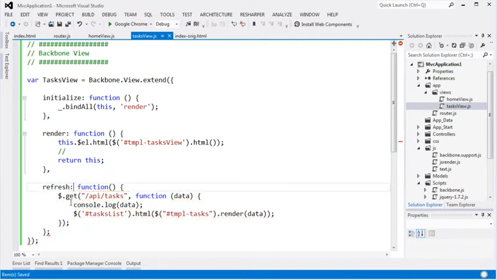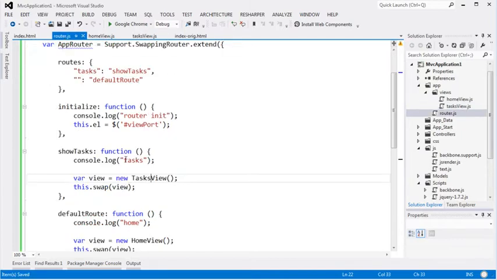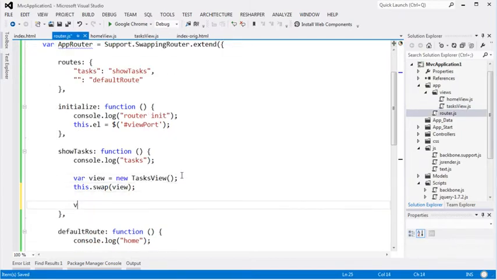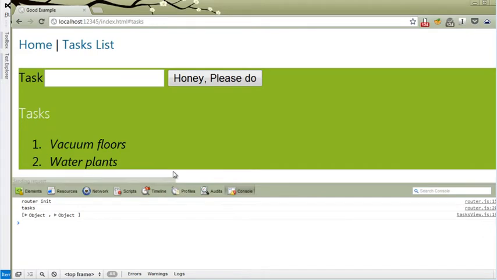And I will make sure to call this refresh function when the tasks view is activated. I will do it inside the router. So now you can see the tasks view starts to operate correctly, but still